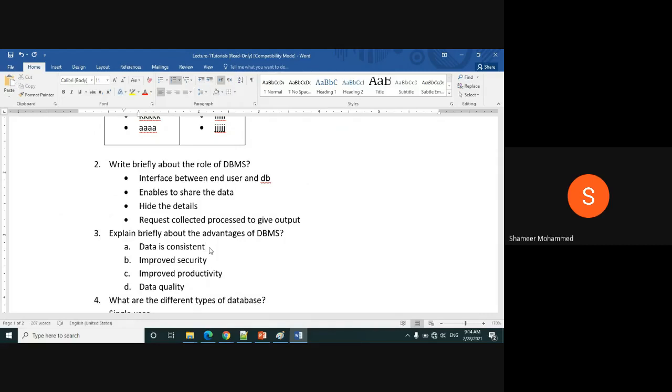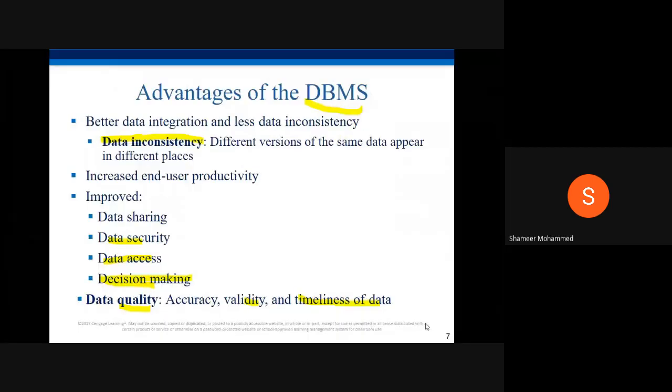Such own answers you can write about what the advantages of DBMS are. These are all the standard questions, students. You may get them as short answer or multiple choice questions, etc.